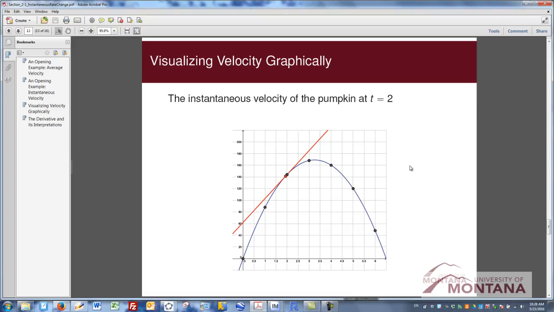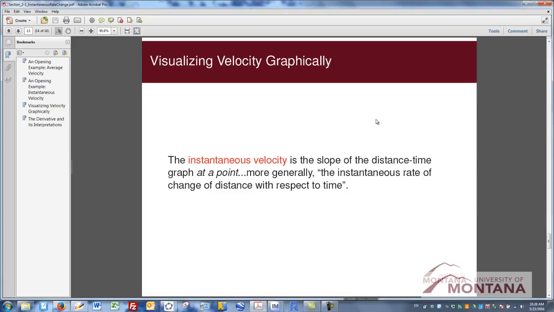And so that's what we're doing when we're computing the instantaneous velocity. We're just taking points closer and closer to the point at which we want to know the slope of the graph, or in this case, the velocity of the pumpkin at time equals 2 seconds. So putting it into words, the instantaneous velocity is the slope of the distance time graph at a point. So it's more generally thought of as the instantaneous rate of change of distance with respect to time. So in this particular context, it's the instantaneous rate of change of distance, the y value, with respect to time,